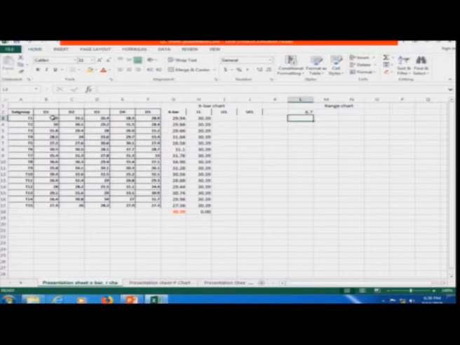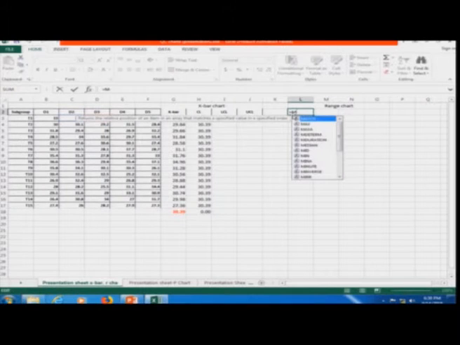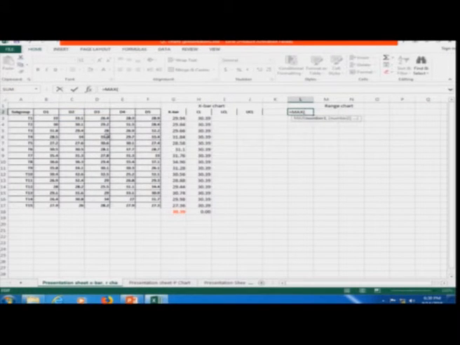I am just observing it manually, but the right way to do it is to put the formula. This cell would be maximum of these numbers, close the braces, minus minimum of these values again, close the braces and enter.